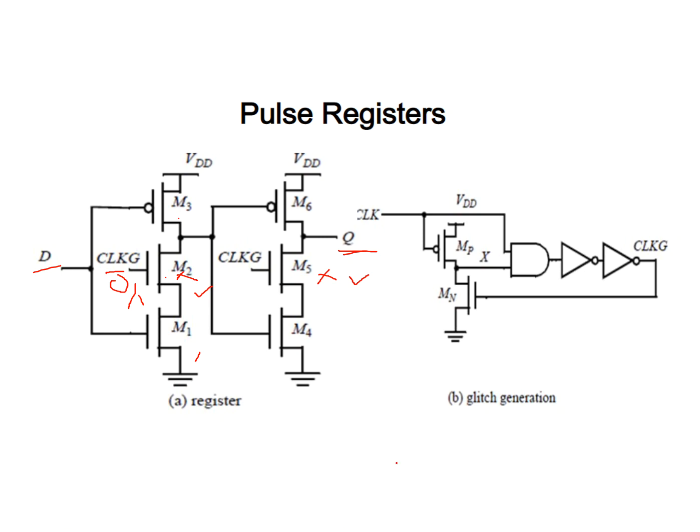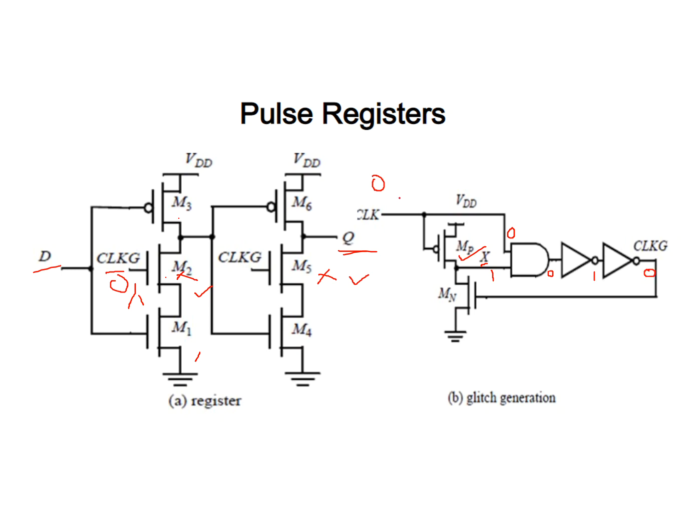This clock glitch is of a very short duration. Let us consider that initially our clock given here is 0. As this is 0, our PMOS is in on condition, and this 0 is given directly to the AND gate. From the output of the PMOS, that is from the drain side, we get the X variable, which will be logic 1. If 1 and 0 are ANDed, we get the output as 0, and here it will be 1, and here you will get your output clock G as 0.